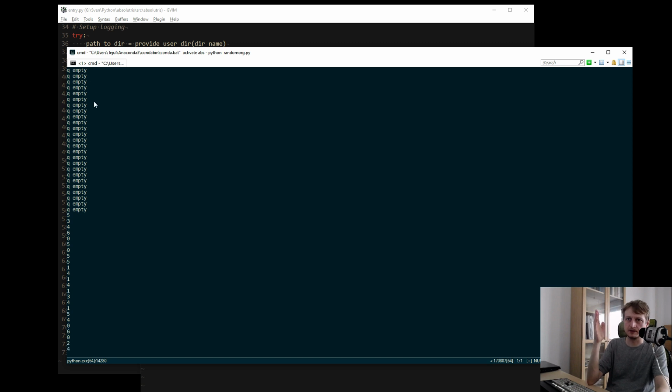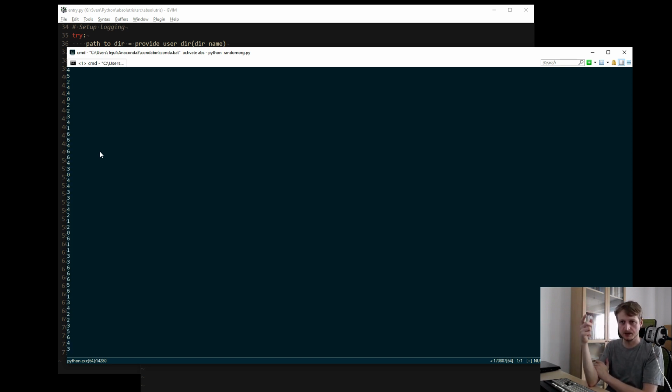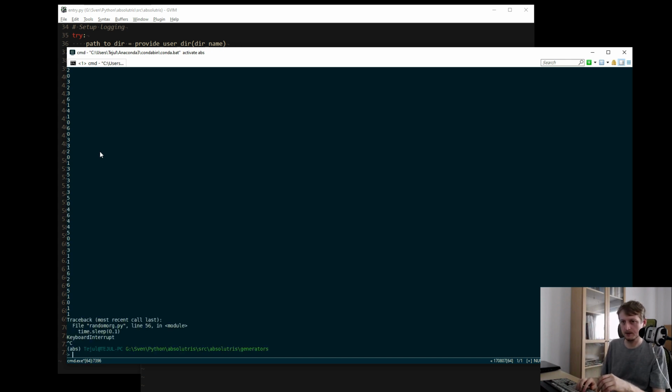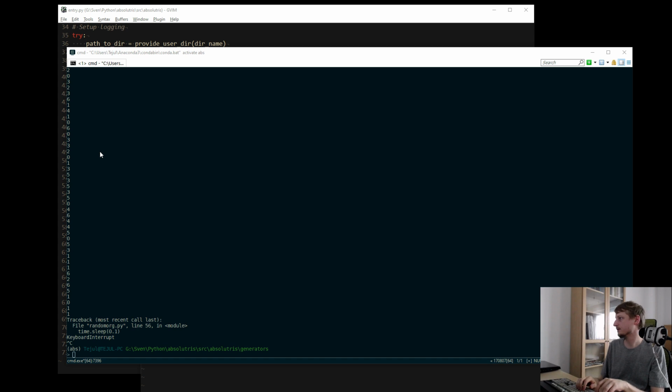I mean it needs this queue empty, like the queue of random numbers is empty. It needs to prefetch from the server, and once it has done, it will output a number every 10th of a second or something. So the module random org pi works and can be used.